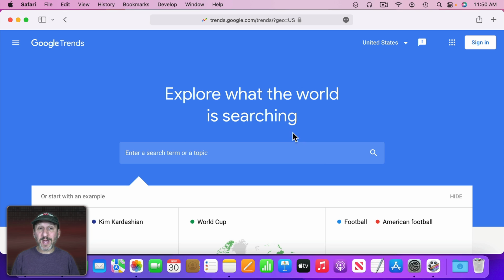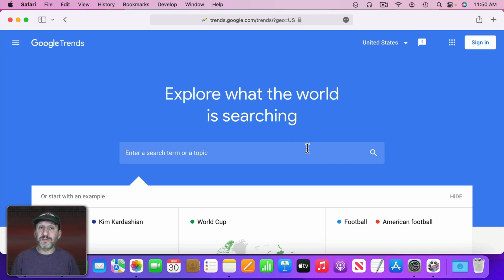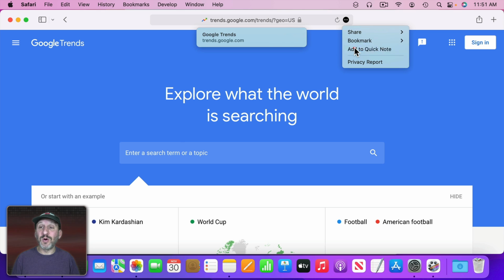I find the best way to create one of these is to click on the Actions button right here and then select Add to Quick Note. You could do a variety of other things. For instance, you could have a hot corner set to create a new Quick Note when you go down to the bottom right corner, or you can use the keyboard shortcut FN or the globe key and Q to create a Quick Note. But I'm going to use this Add to Quick Note here, and this will create a new